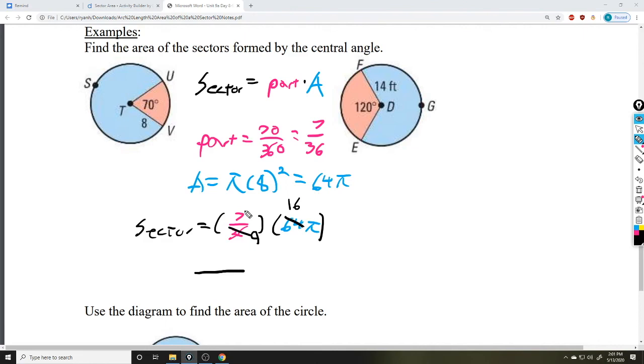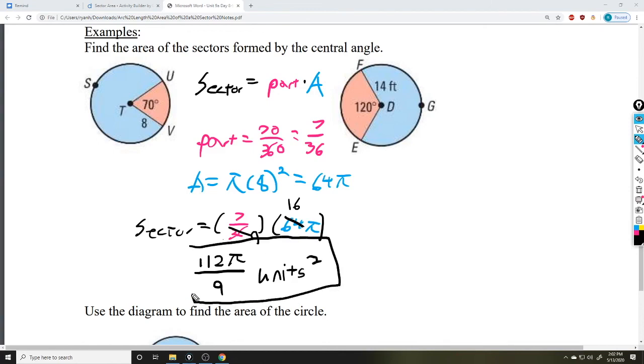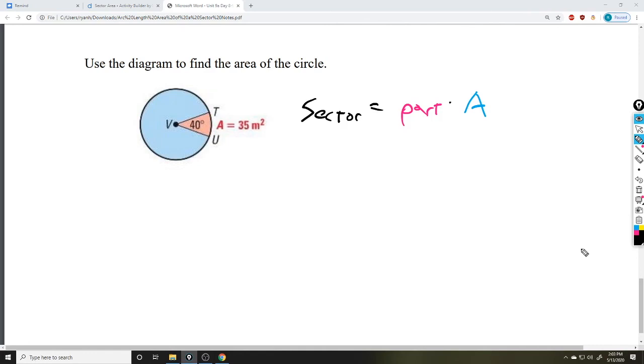So on top, I have 7 times 16 times pi. And on the bottom, I just have 9. So I get 7 times 16, which is 112 pi over 9. And the units that I get will be squared since it's an area. 112 pi over 9. All right, this last problem is the same idea we looked at for arc length before,